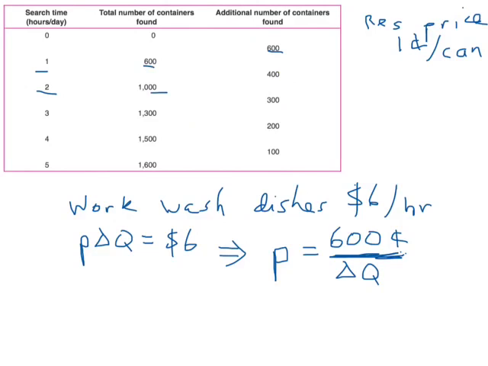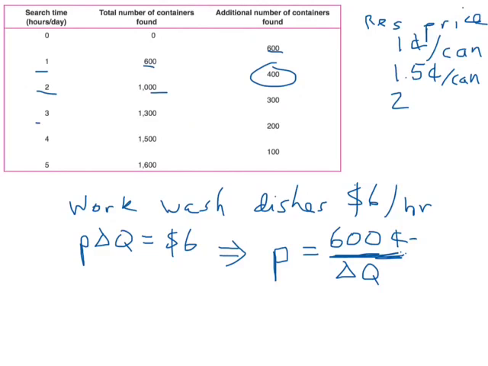And then notice that the second hour, he gets 400 new cans. He still would have to give up $6 or 600 cents, to walk away from the job washing dishes to go work collecting cans. So 600 divided by 400 is 1.5. And these are all in cents per can. And so on. The price would need to go up to 2 cents per can to get him to work